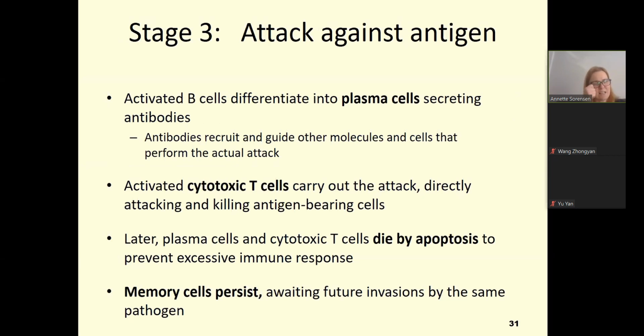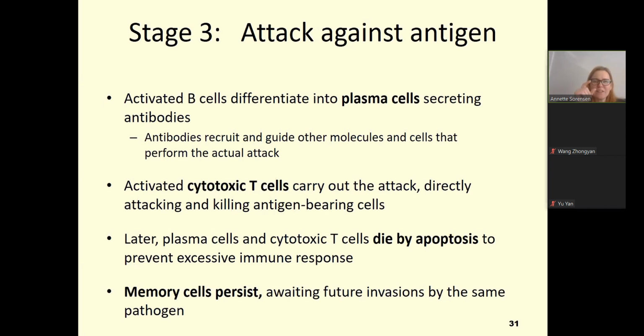Attack against the antigen: the cells differentiate into plasma cells, they make antibody, and this antibody binds to the antigen,